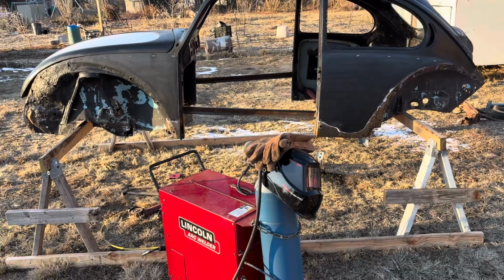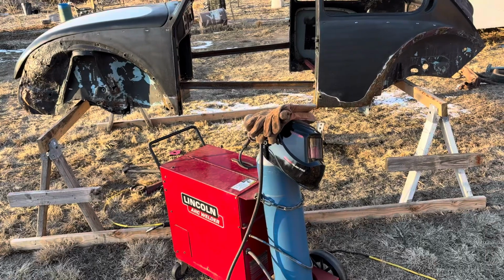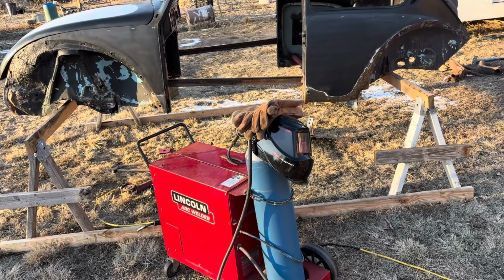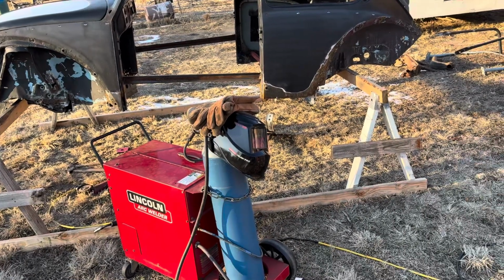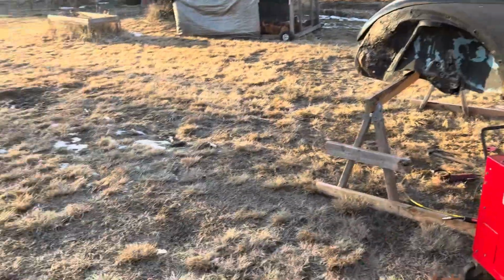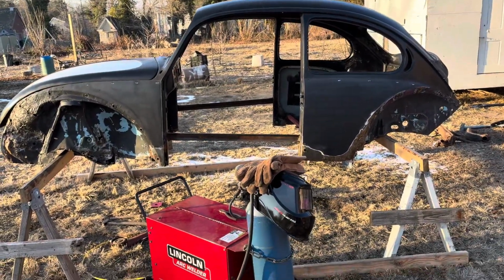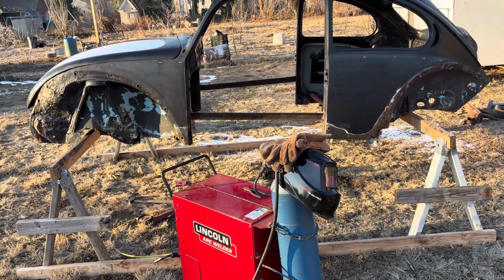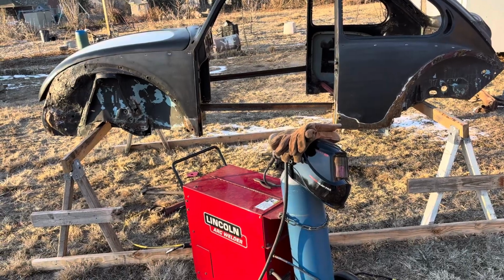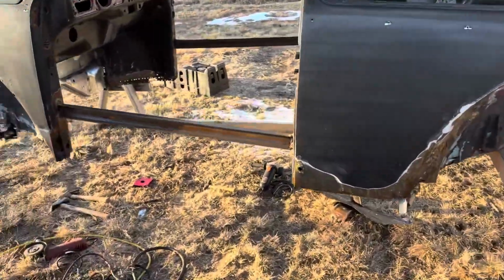Hey there guys, I was just going to document my adventures working on my 1971 Volkswagen Super Beetle. My name is Daniel Patterson. I'm fixing this up to eventually use as my daily driver. Right now I have a 1950 Chevy 1.5-ton pickup that I'm using. So this will be a little bit more economic, but right now the challenge for today was I'm installing a